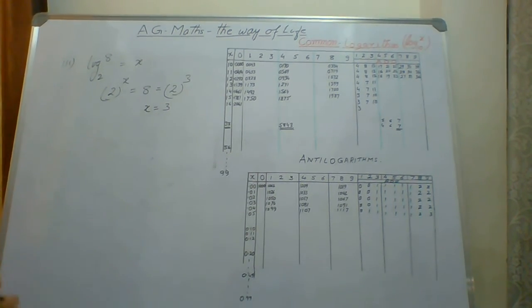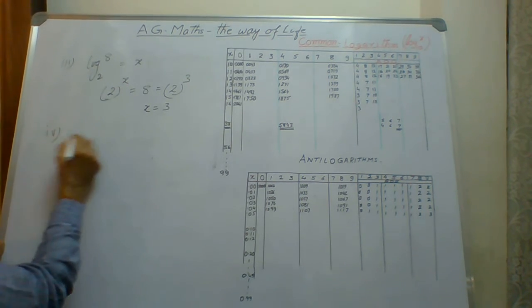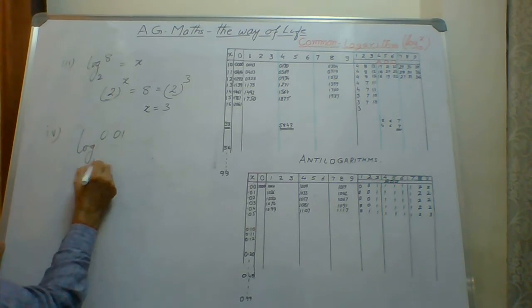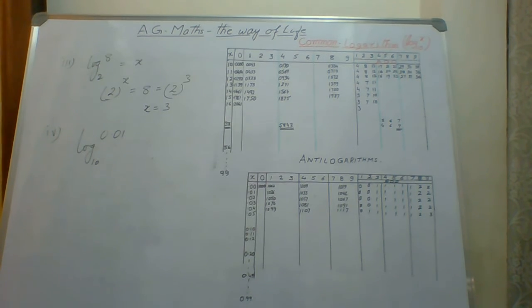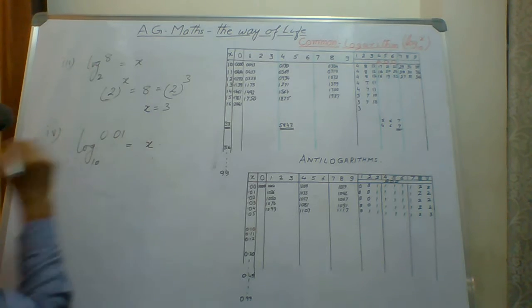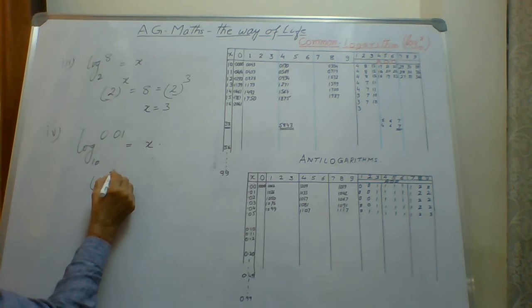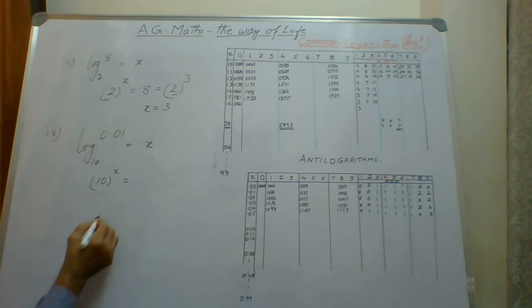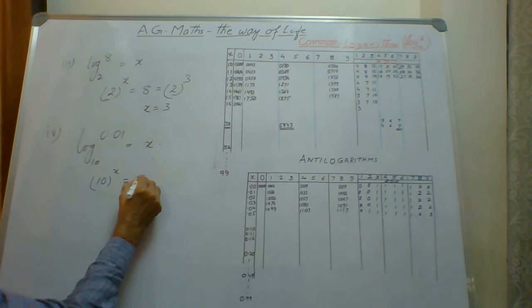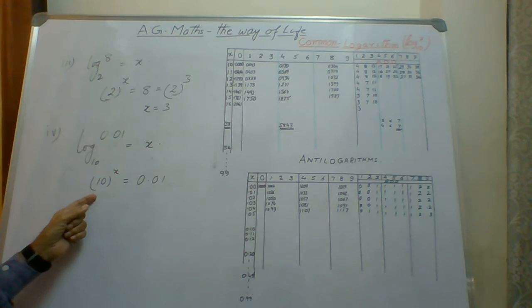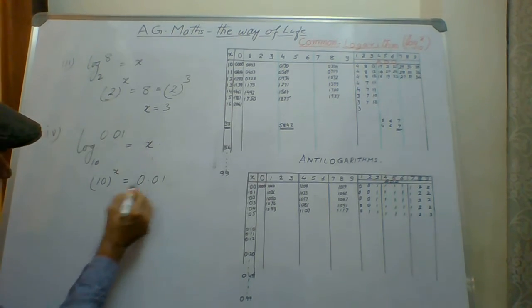Okay. Coming to one more thing. Suppose decimal values are given. Log of 0.01 and base 10. If this is the problem, what is the value for this? Again, we'll assume that this is equal to x. Then as usual, 10 to the power of x, base to the power of x, the value is raised as a power and equal to the number 0.01. Now how to bring the number in the same base as of the left side? How to bring this number in the same base?